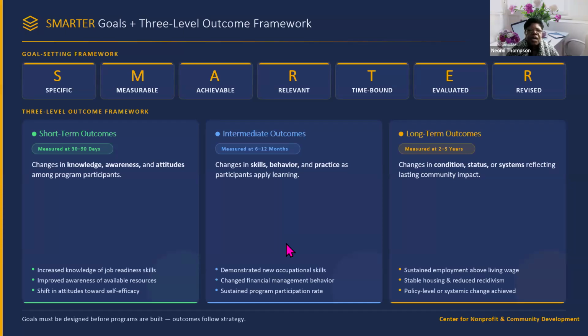Demonstrated new occupational skills, changed financial management behavior, sustained program participation rate. And then over here, we have evaluated and revised. Long-term outcome: changes in conditions, status, or systems, reflecting lasting community